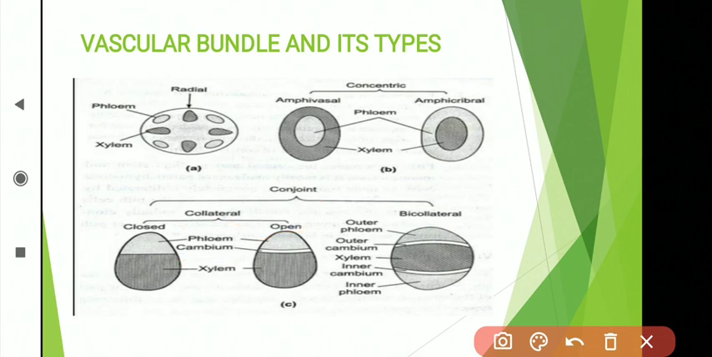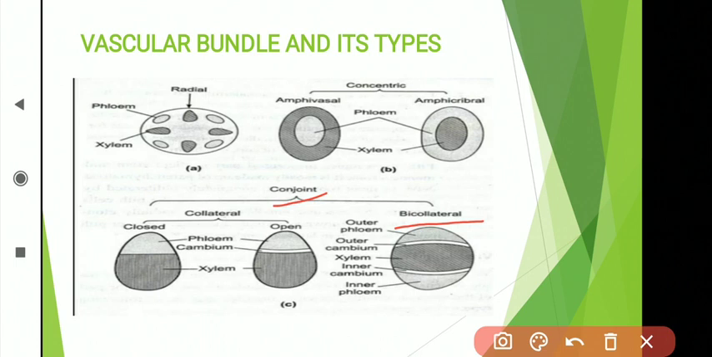Next one, that is the third type of conjoint vascular bundle, is conjoint bicollateral. Here sometimes phloem is present on both sides of xylem and there are two strips of cambia. Such a vascular bundle is known as bicollateral. For example, in the cucurbita stem, there is a presence of such type of